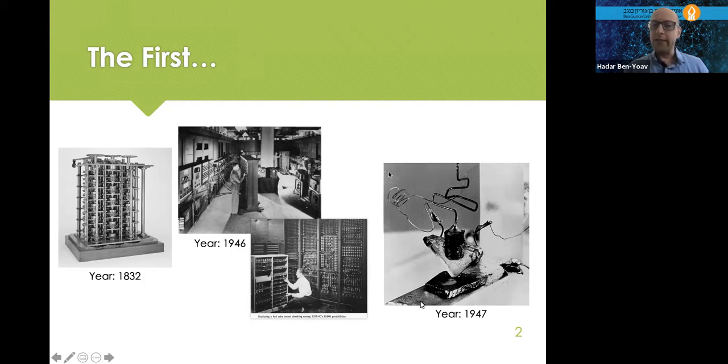And what you can see here is the first transistor that was developed in the Bell